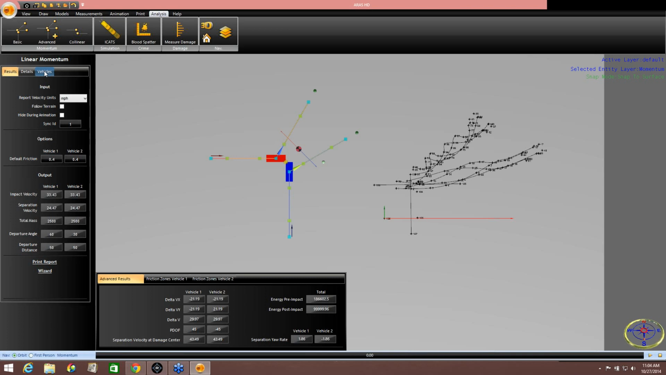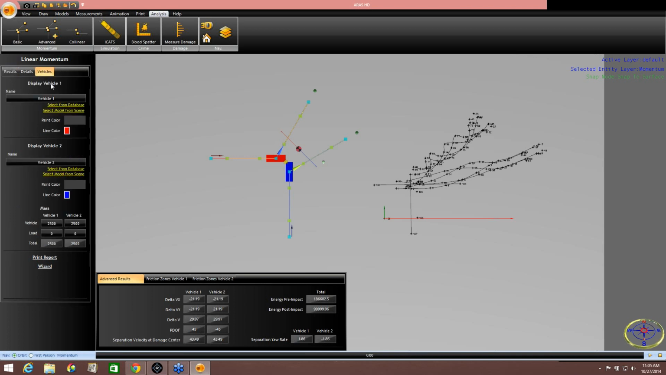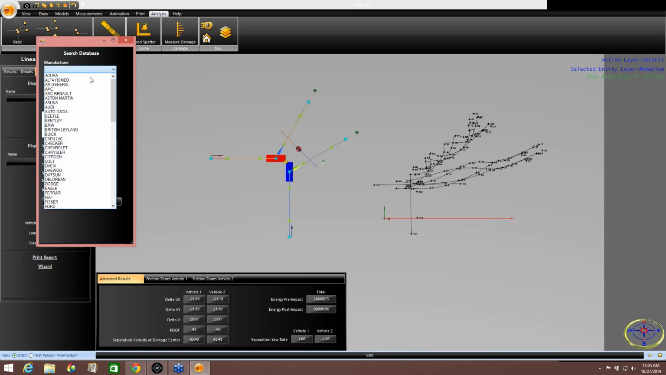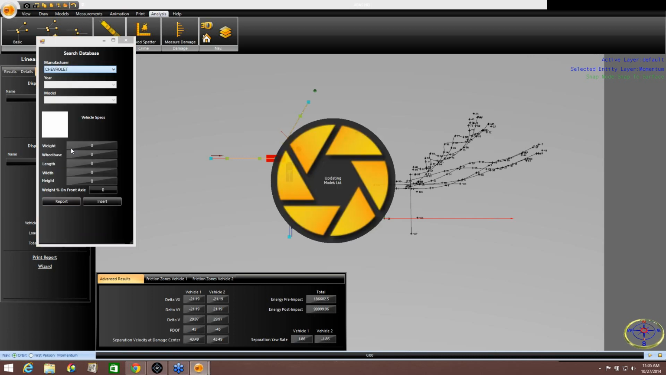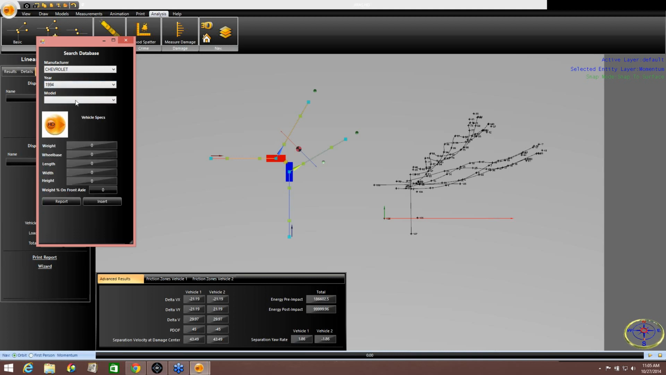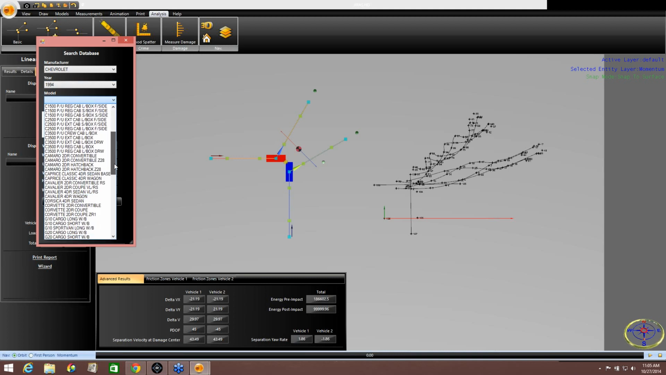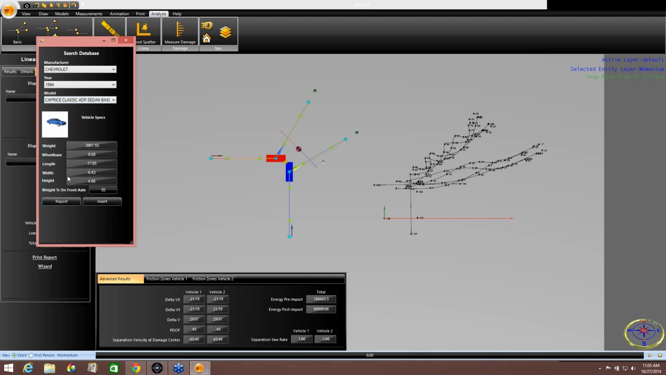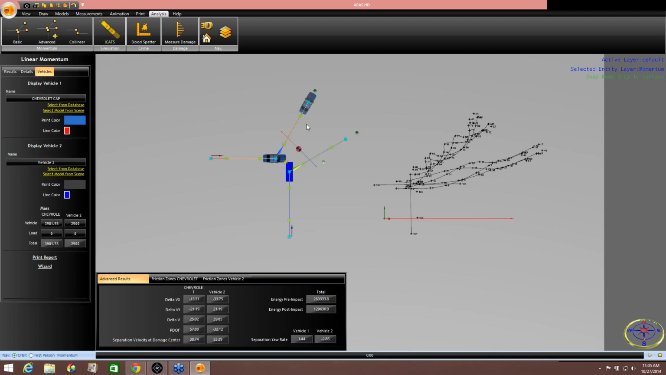I'm going to go to the Vehicles section on the left Properties panel. I'm going to click on Select from Database. And I'm going to select the manufacturer of the car, which was a Chevrolet, the year, which was 1994, and the model, which was a Caprice. And these were old police cars. And then I'm going to click on Insert, and that car will be inserted into the diagram on top of